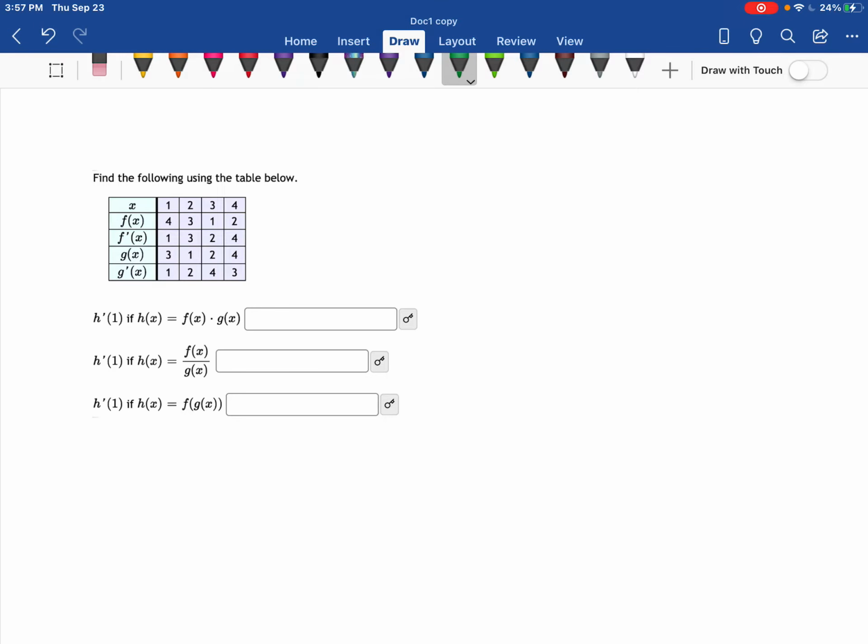In this example, I'm going to walk you through how to find the derivative using the product rule, quotient rule, and chain rule using a table of values. So in the first example, we'll call it part A, we need to find the derivative of h and then evaluate it at 1. So h in part A is defined as a function f of x times another function